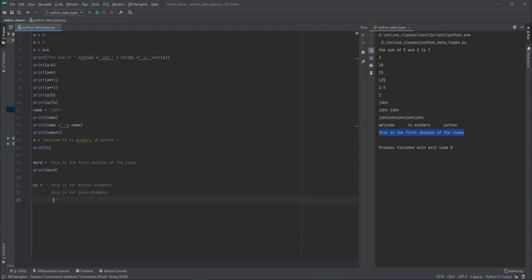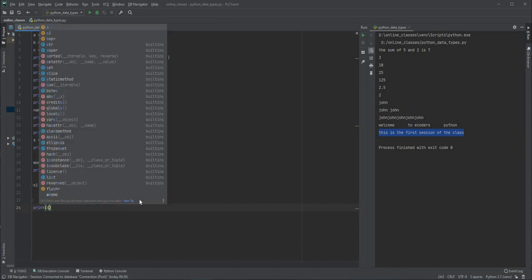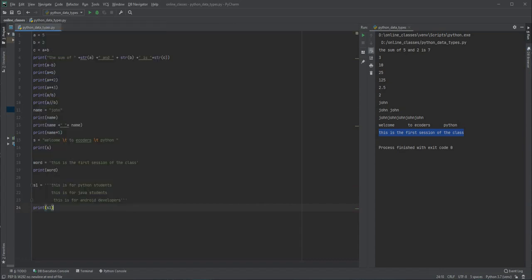And here let me say: this is for Android developers. Now come here and print the value of s1. Let us run this program and see how many spaces we have added while typing s1. That many spaces you are going to see in the output screen as well.